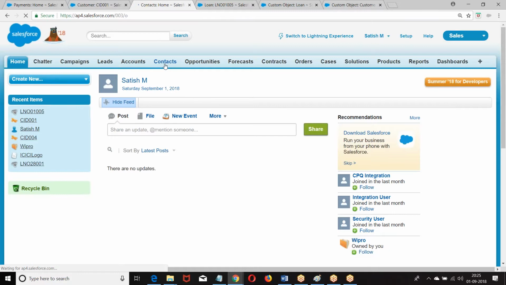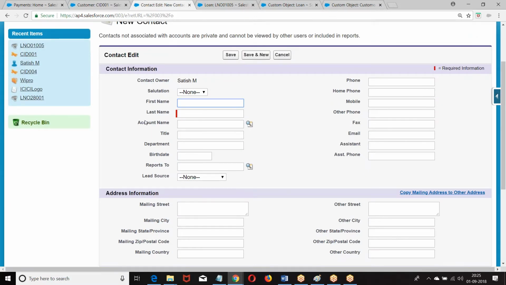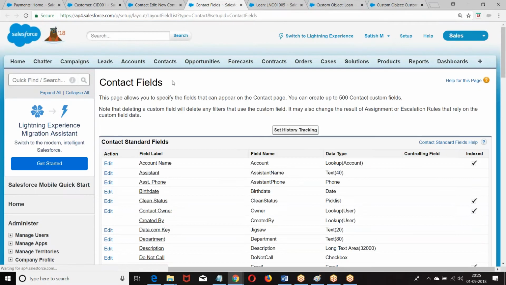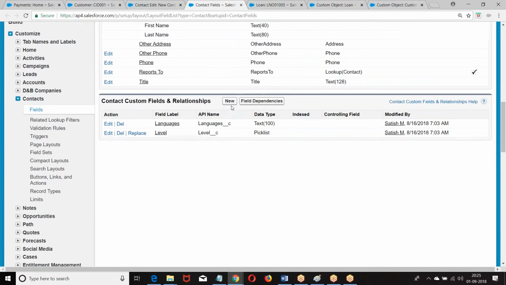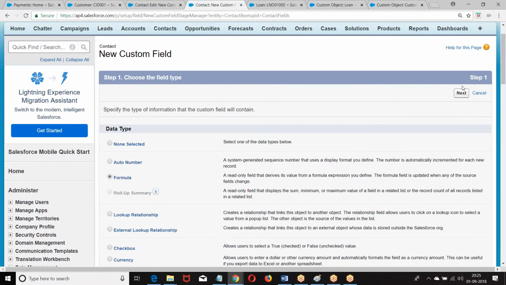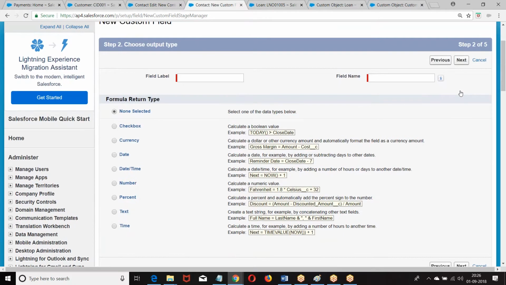Look at this contact. What was account? What was this? Lookup. Both of them are connected by lookup relation. Now contact, I am creating a formula field in the contact. Contact, new formula. Who created a relation? Account and contact? Salesforce. Account and contact are created by Salesforce.